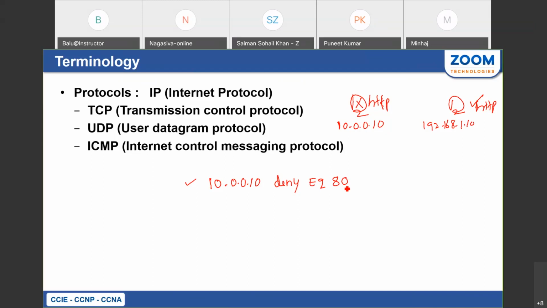Now you tell me, guys, the second case, the second statement: how can we define the command? Second scenario, this one. 192.168.1.10 deny 80 is the statement. The actual requirement is that HTTP should be permitted and all remaining services denied. Then what we need to do is use